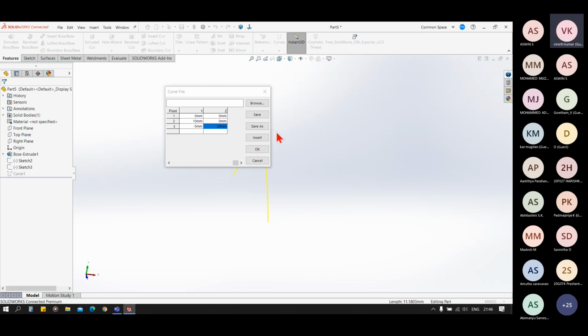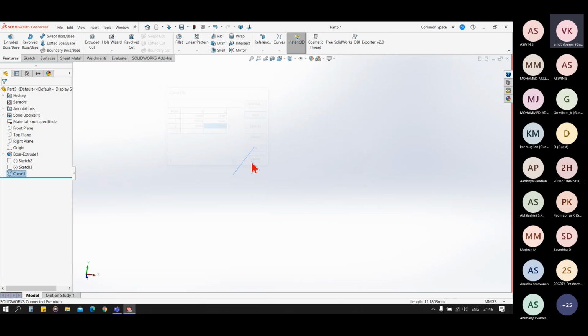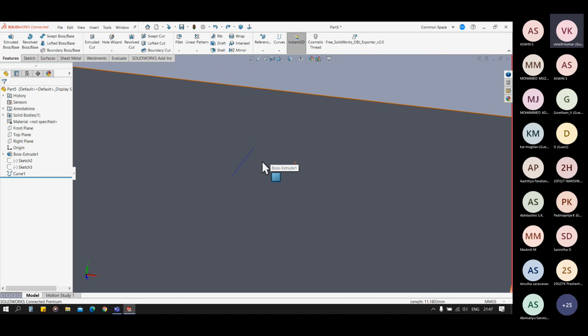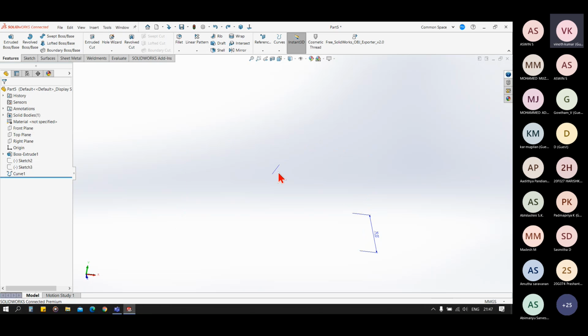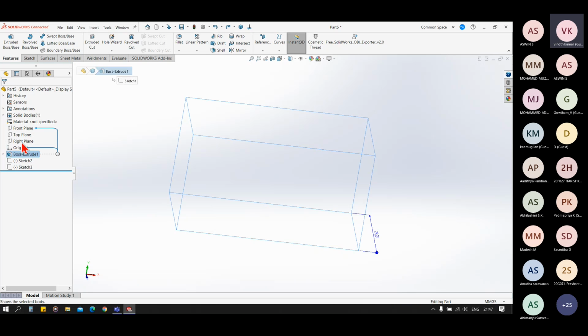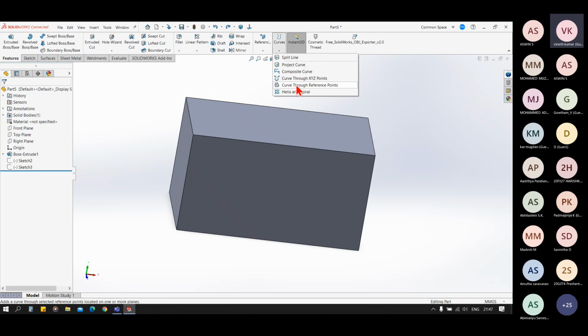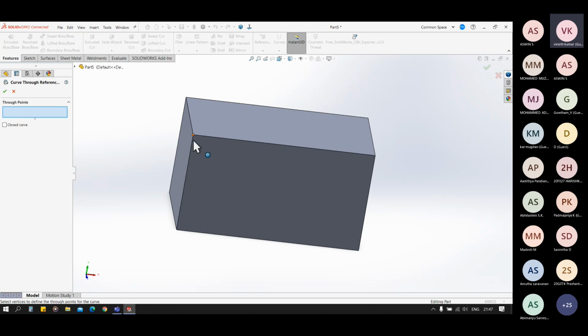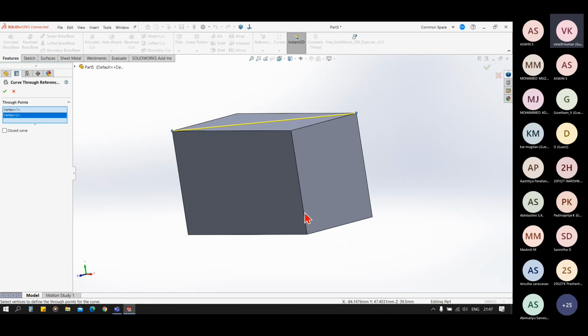And you can see, so basically in the curve through XYZ point, we can add coordinate points to have our curve. In the curve through reference point, we just have to select the points and it will create a curve passing through those points.